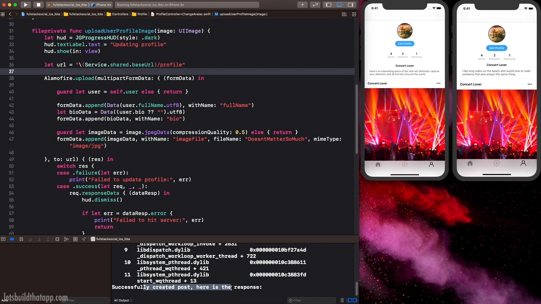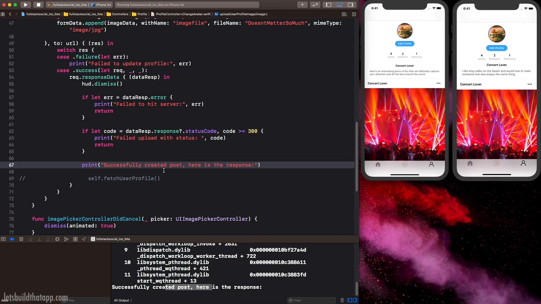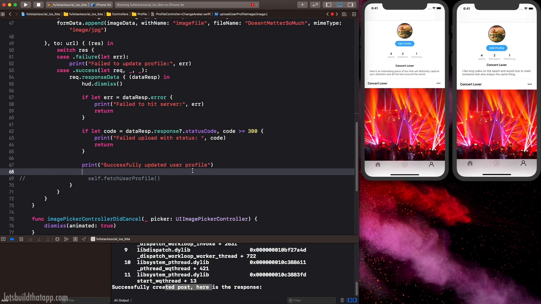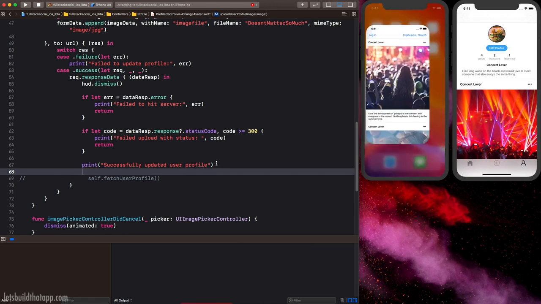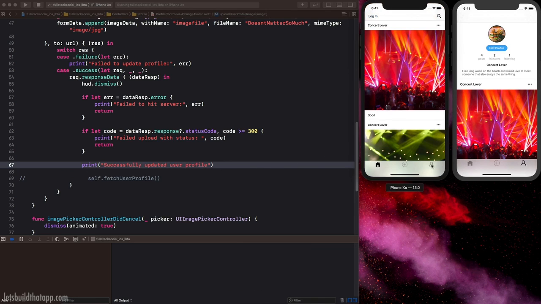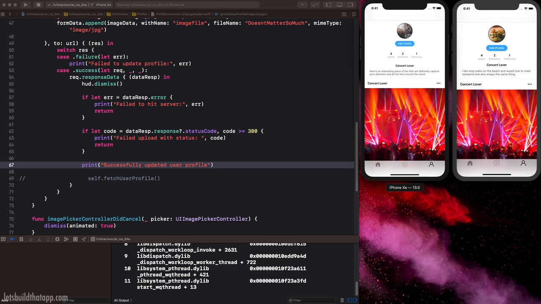So everything looks okay. Successfully created post. I don't want that comment, so that's this right here. Let's say print out successfully uploaded or maybe updated user profile. And that's what I want instead. So we were able to successfully update the profile with the lady in the little gym brick house,